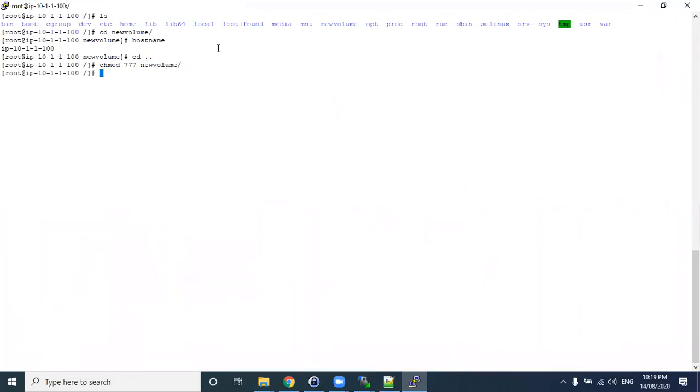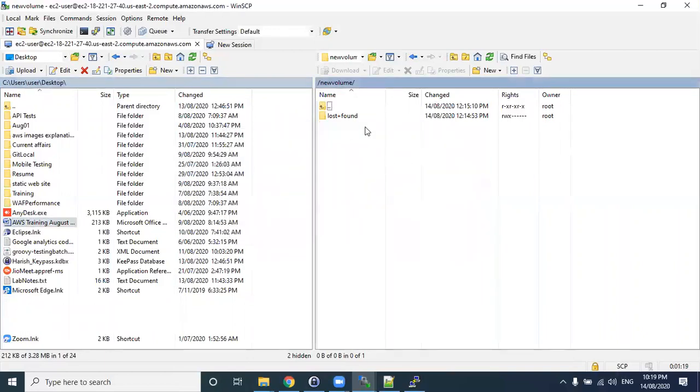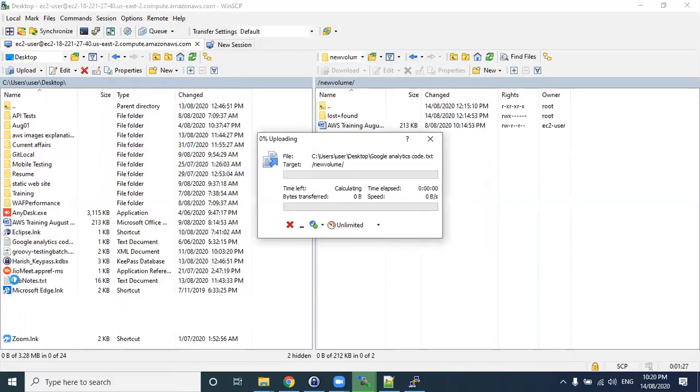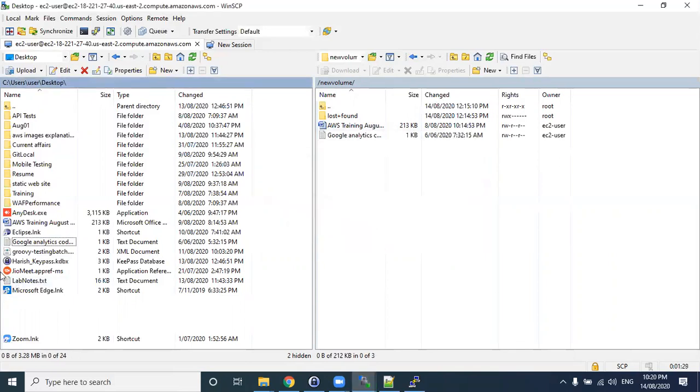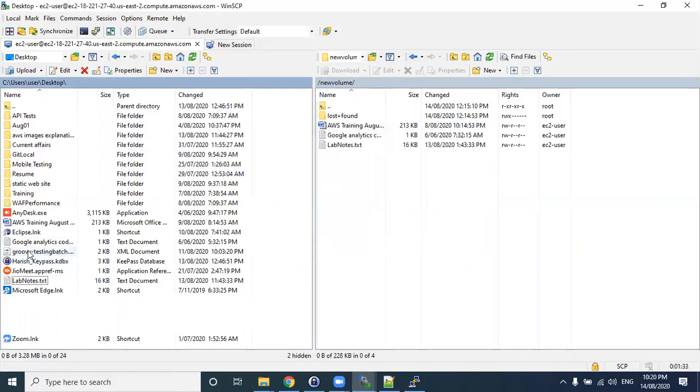So we provided write permissions. Now let's try this again. Yeah, so like this you can move files. So let me move some few files here, like lab notes, Groovy testing batch.